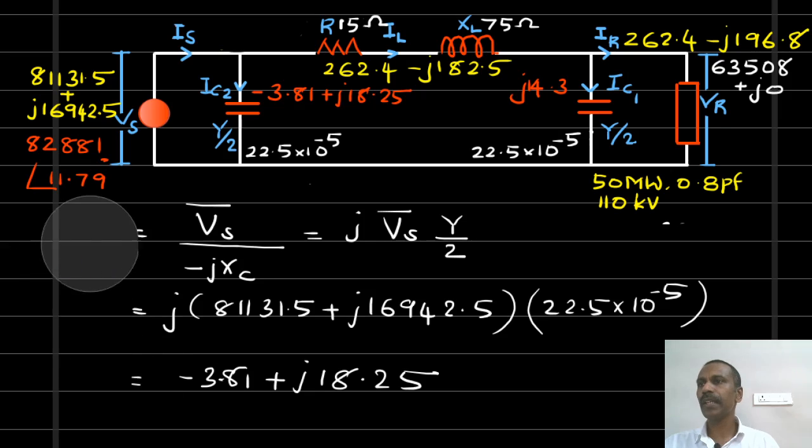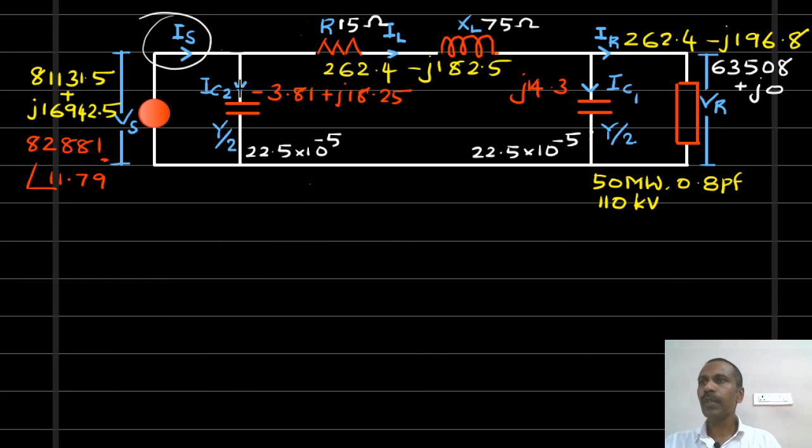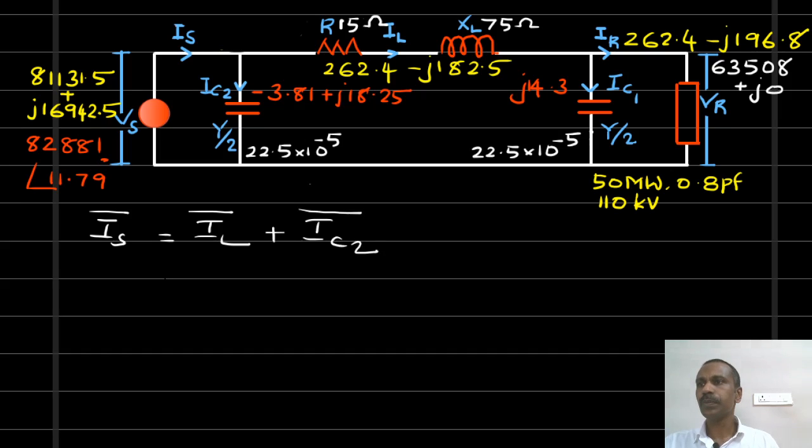This is our capacitor current. Now we can find out the sending end current, because sending end current equals the line current plus capacitor current. IS equals IL plus IC2. So this is equal to